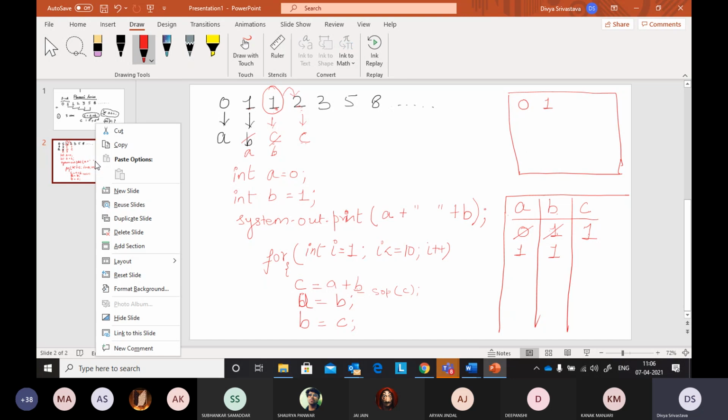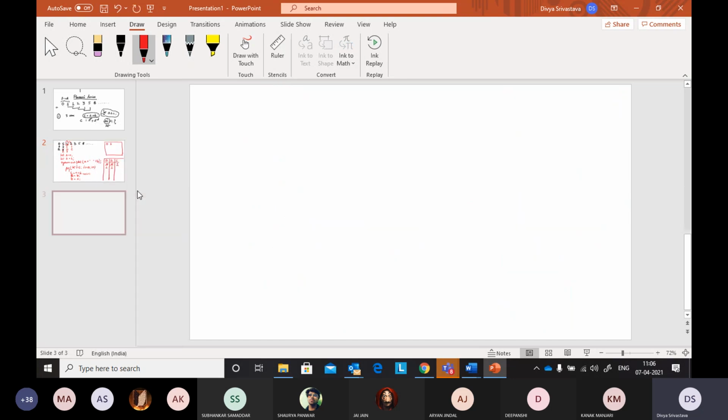Okay, let me write it in a new fresh slide. Okay, let us start it here. For I is equal to 1, if I have declared int I here. I is less than equal to 10. If I want to print the first 10 elements, I plus plus, then this loop C is equal to A plus B, and then